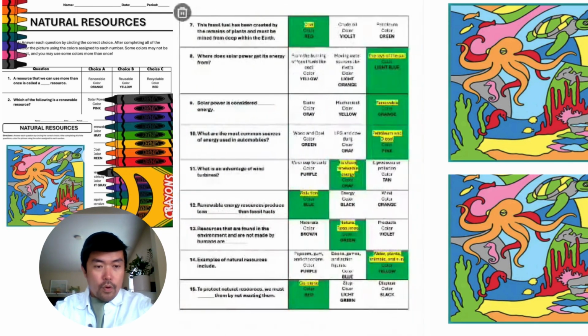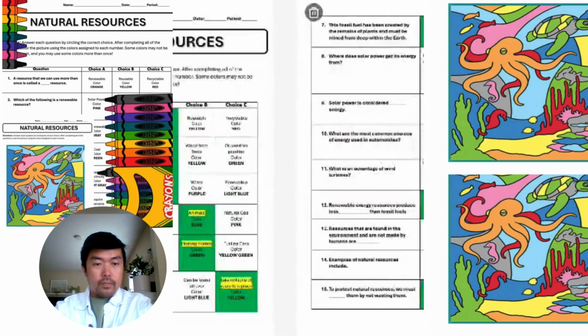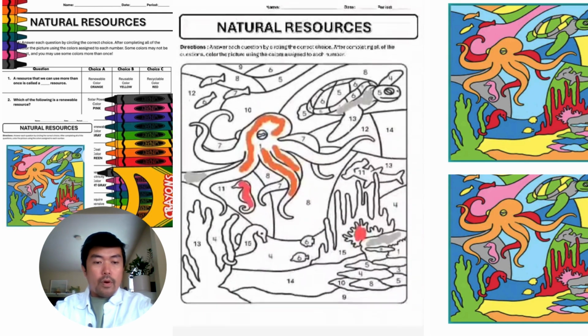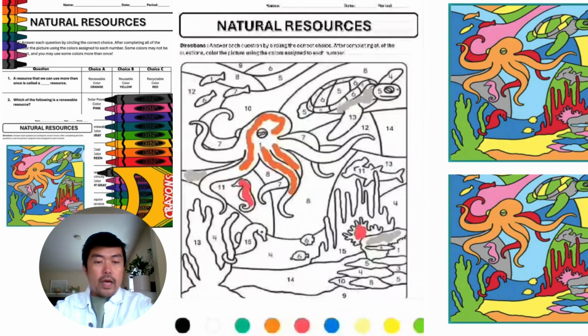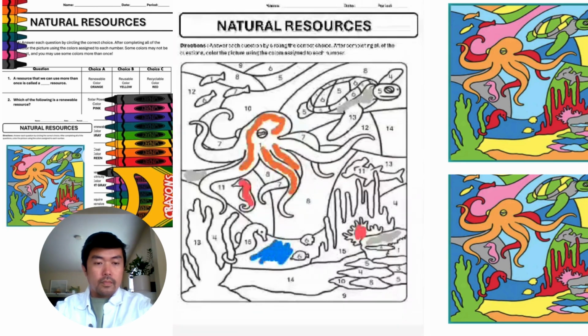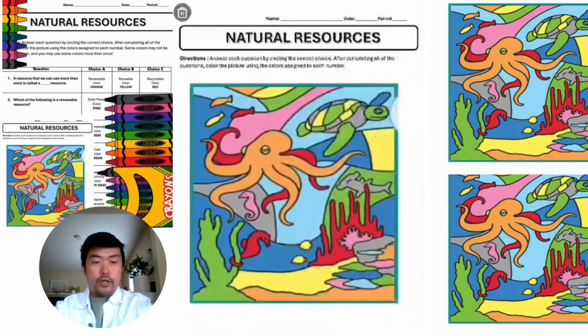And for question four, it's blue. So you look for all number fours there and you color it with blue. So this will really measure the ability of your students to follow instruction and to properly color the picture as well. So you can see here, once they're all done putting the colors on the drawing, so this is the